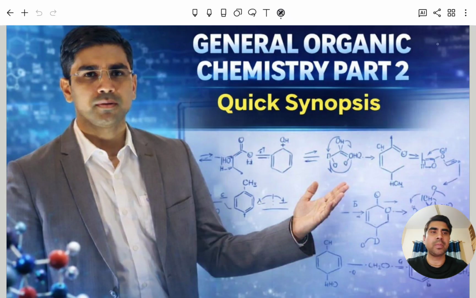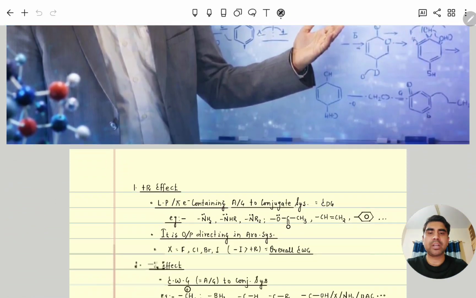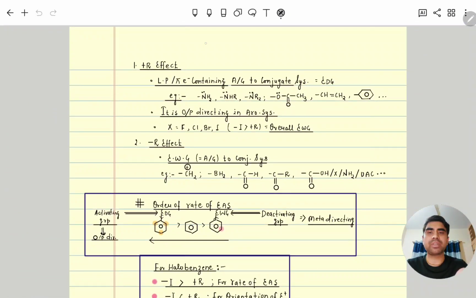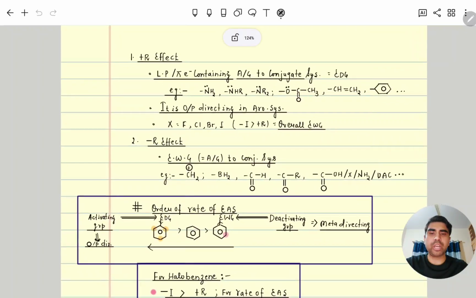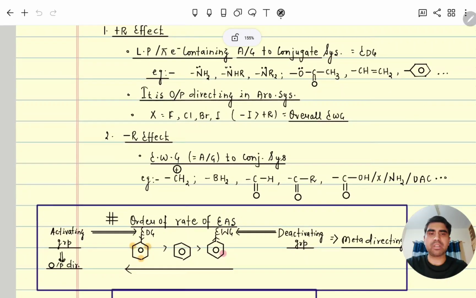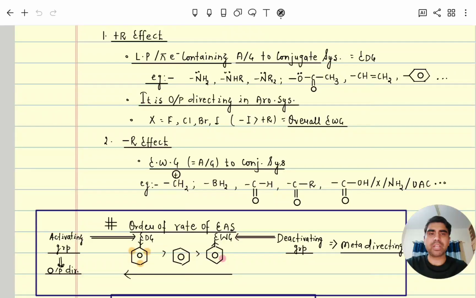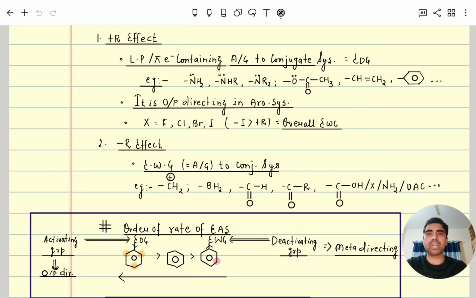So let's start the last segment, as we discuss the resonance effect and resonance difference. There are two types of resonance. One is plus R effect and another one is minus R effect. Plus R effect is shown by those compounds which contain a lone pair. Since a conjugated system is there, double single double connected with this,